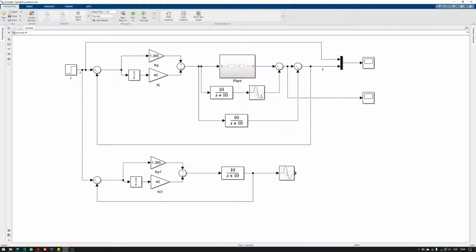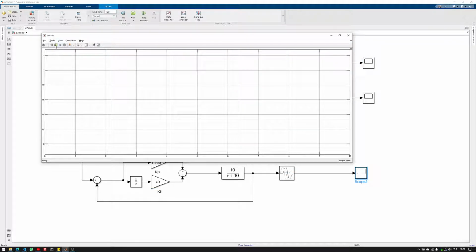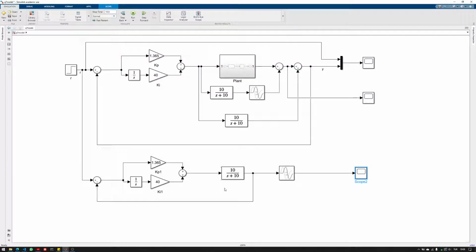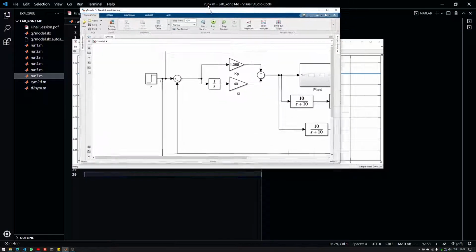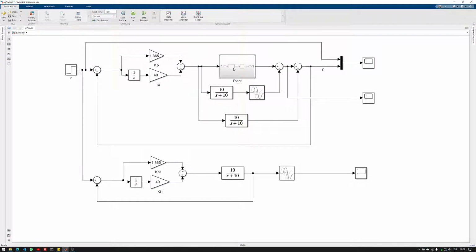So basically, let's see this part here. There we go. This is basically the same, but we only have a little bit of delay here. So yeah, the Smith predictor connection is pretty much this. You have the plant, you have this branch here, and then another branch here, and then you take the feedback from